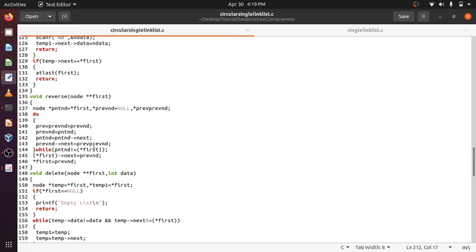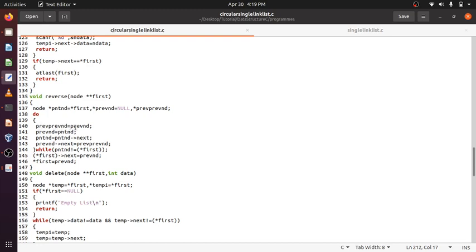Present node next is the first node here. After that, it will go up. Now previous to previous node will become the second node. Now previous node will become the third node here, and present node will become the fourth node. This previous node next, which is the third node, will become here the second node, because it has been updated here as second node. Again, present node not equal to first. Yes, it is the fourth node, so not equal to first.